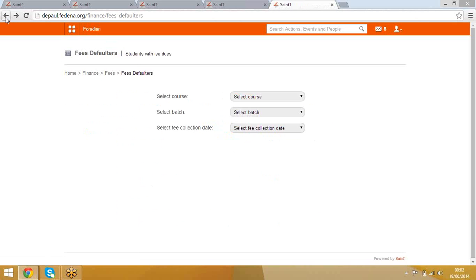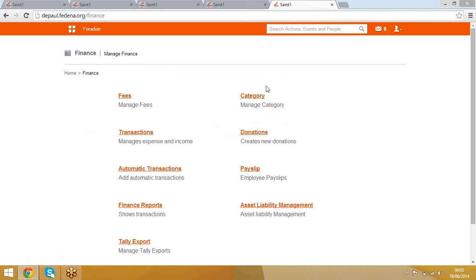So that is all about how these fees can be tackled. Now let's go to this category section, where you'll be able to create categories for your financing. Whenever there is a transaction, an income or an expense, it has to come under a category. To create a category, we do have a certain list of categories, as you can see up on the screen,